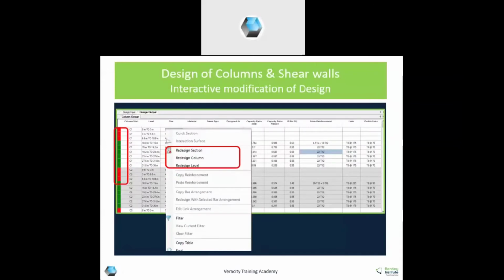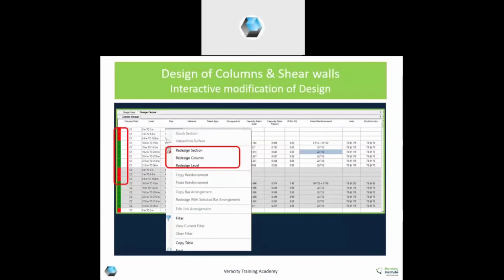After these inputs, when you run the analysis, run the auto design, you get some red and green sizes. Green is your design as is sufficient, and red is it doesn't suffice. It fails in some or the other check. You can go to failure diagnostics and check for which condition the column fails, whether it is failing in joint check, shear, flexure, and accordingly you can redesign those sections.